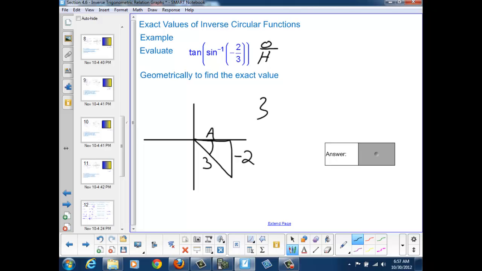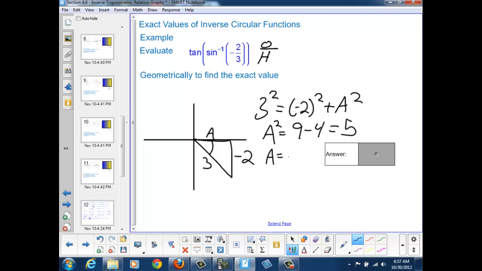So 3 squared is going to equal negative 2 squared plus the adjacent side squared, which means that our adjacent side squared is going to be 9 minus 4, or 5. So the adjacent side is the square root of 5. We know it's positive because we've had to draw our triangle here in the 4th quadrant,